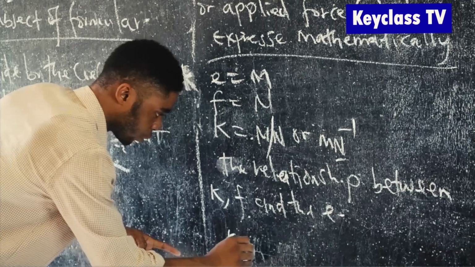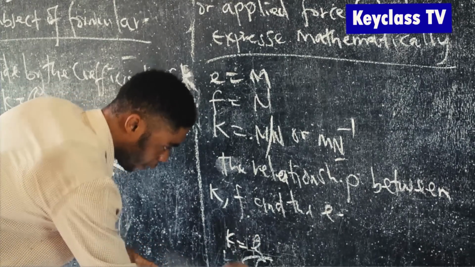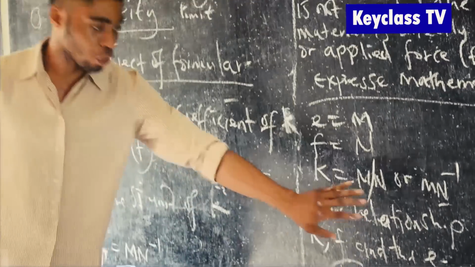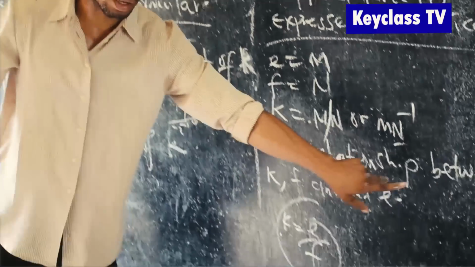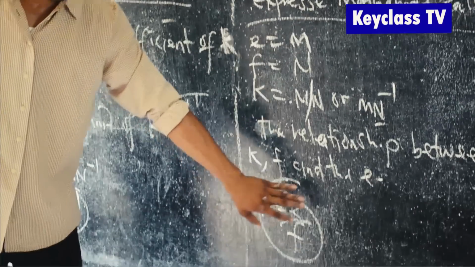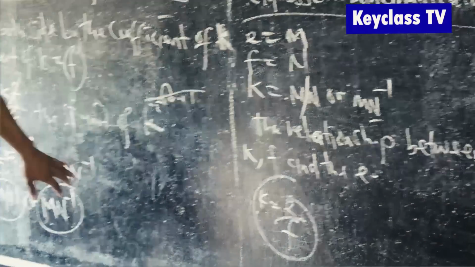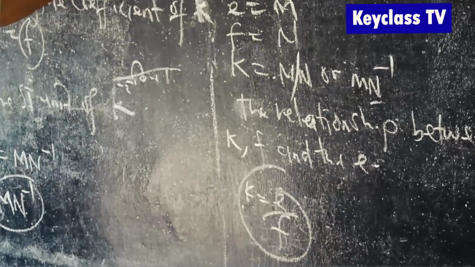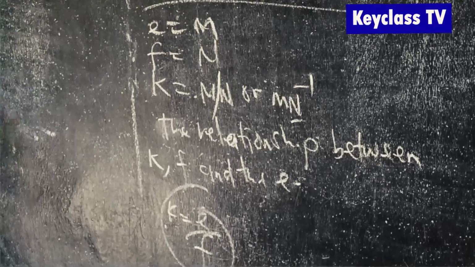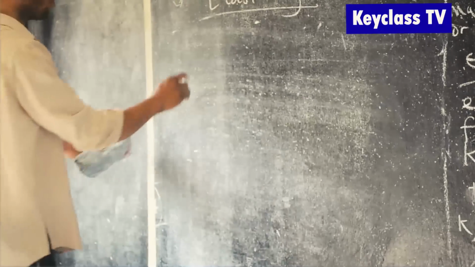K is equal to E all over F. This is the relationship. The relationship between K, F and E is denoted by K is equal to E all over F. Having established that, we'll move to what we call